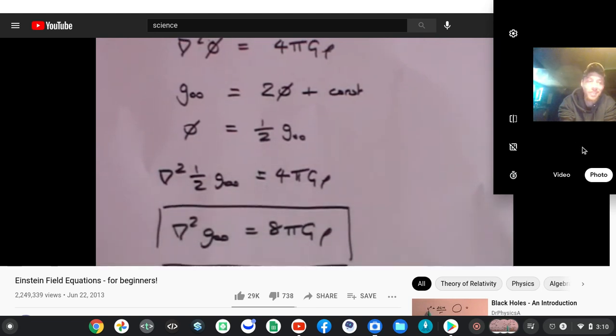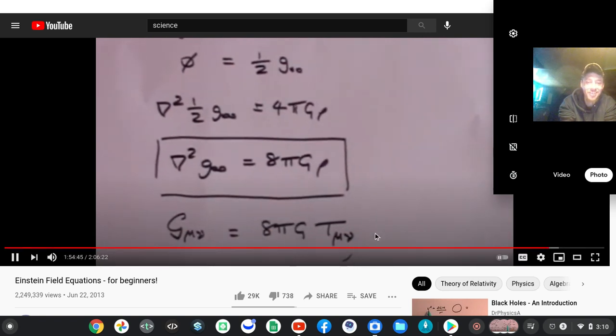So what we're looking for is something that looks similar to it, but where on the left hand side of the equation you've got a tensor, and on the right hand side of the equation you've got a tensor. So we want something that has the form of G mu nu